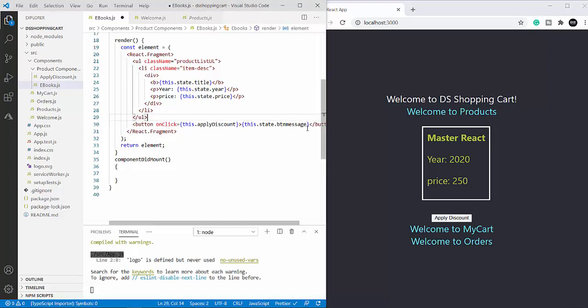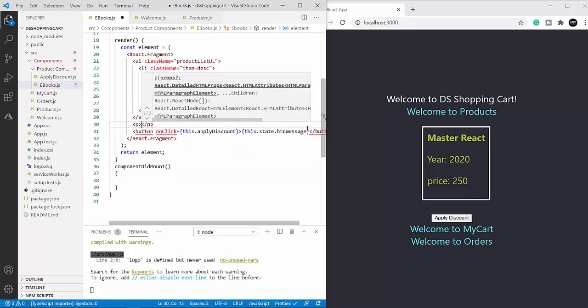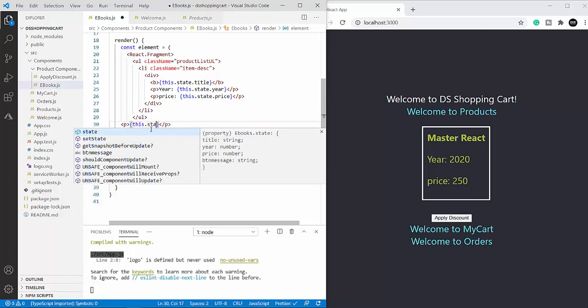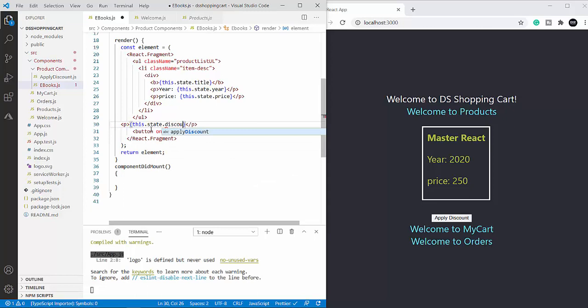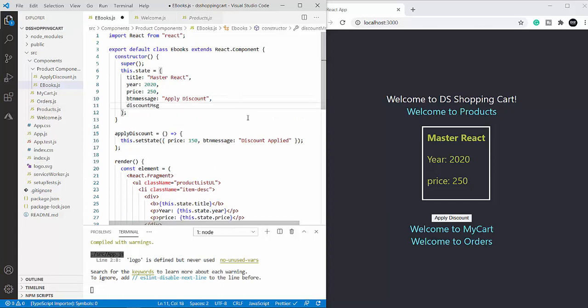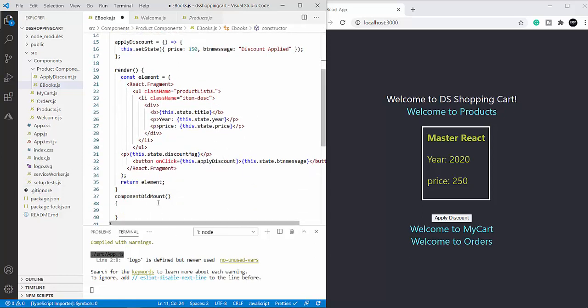So here, let me enter a paragraph text, and here I want a state variable, this.state.discountMessage. Currently, discountMessage is not in my state yet, but I can include it anytime here, and I'm going to make it empty purposefully so that I can update it after my component gets mounted.